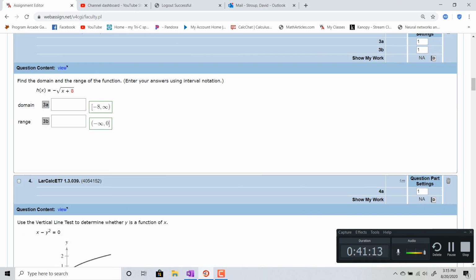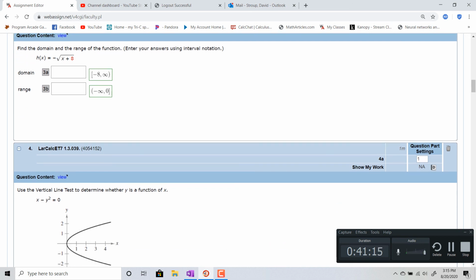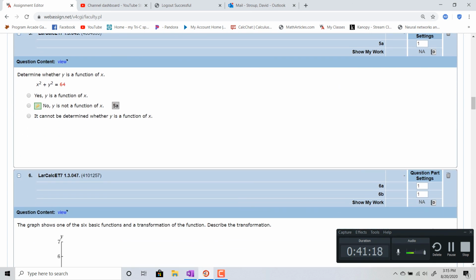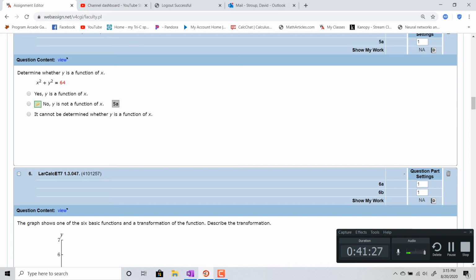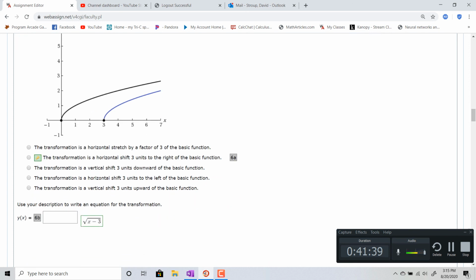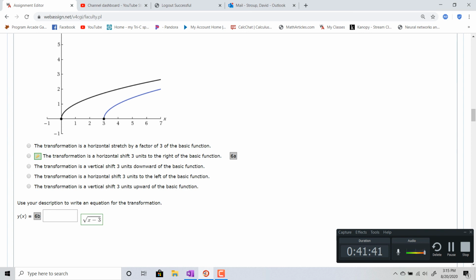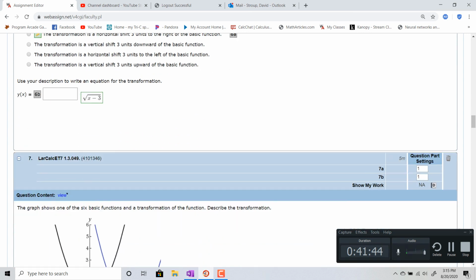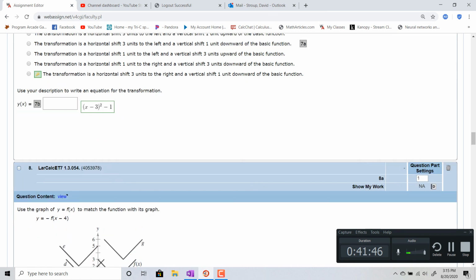Domain and range, okay. Vertical line test. So that's one we could do what we just did. You can try to solve for y, and y will equal plus or minus something, so it won't be a function. This is using transformations. So this going from the black to the blue is moving it by 3 to the right. So it's going to be square root of x, and then, yeah, minus 3. Okay. Some more transformations,